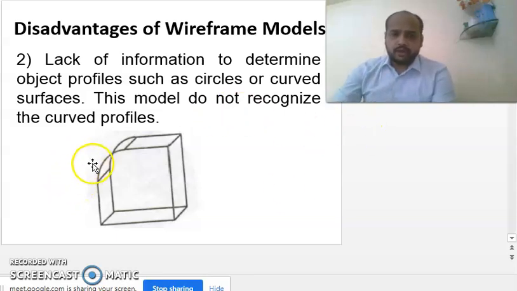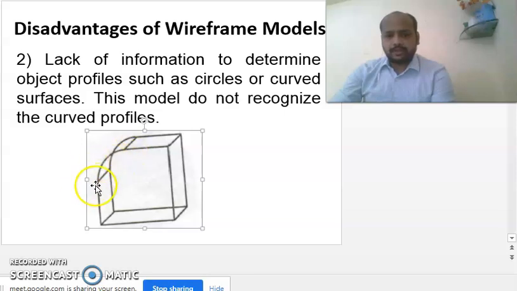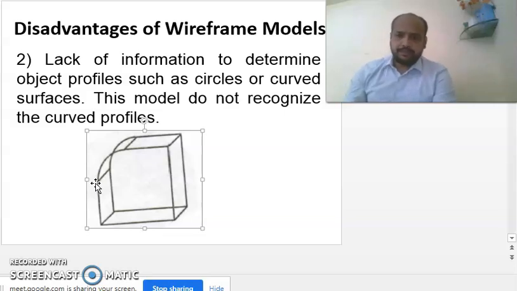You cannot easily determine what will be the center of this curve. So it is quite difficult in wireframe modeling. If there is a curve, there must be a center. This is simple logic and straightforward. But it is difficult to identify the center of this curve. So this is one disadvantage of wireframe modeling.